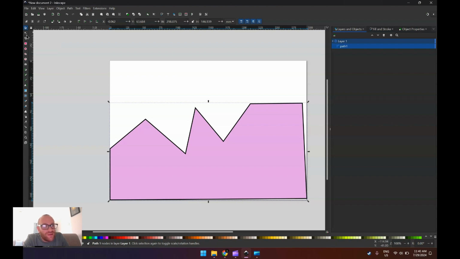It's this one over here, right? You can also, if you want to, add more nodes. So if you press Shift, can you see how I've got some arrows that are pointing out when I'm going around the outside? Add another node by double clicking while I'm holding Shift. And then I can alter those nodes as well. Okay, that's fine. We get the idea. Have a bit of a play around with it, create your own shapes, then come back to the video. Once you're back, we're going to start looking